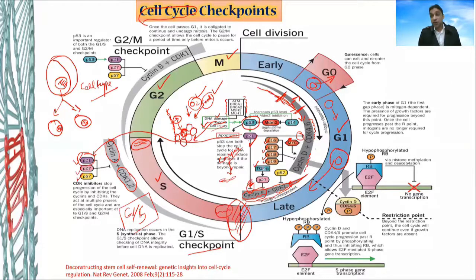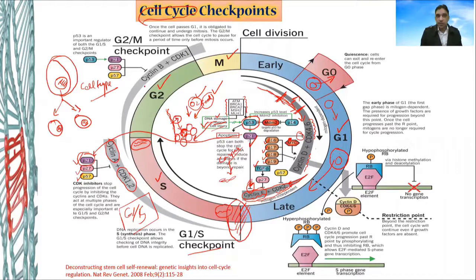And one of the strongest criteria is that it should not have a P21. Okay, so I'm sure you don't have any question. If you have, just feel free to stop me in between. The next is that the cell proceeds from the S phase. If the duplication of the DNA occurs, the cell proceeds to another phase, which is called the G2 phase.